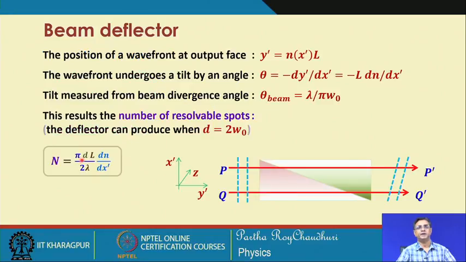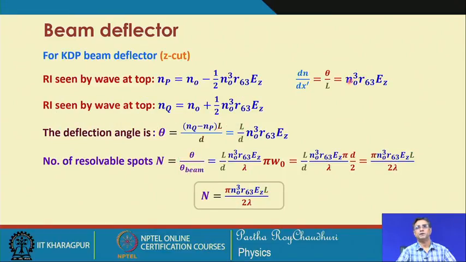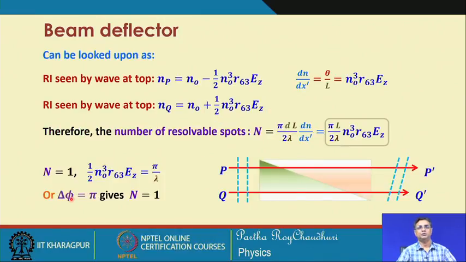So, that is what is shown here, this d n dx, if you write in place of that the difference, this electro-optic coefficient, refractive index cube, and the external field. Now, this would be lambda by power. Now, if you set n equal to 1 in this expression, then lambda by pi will be equal to n 0 r 63 Z L divided by 2. Or the other way round, if we put delta phi, the phase difference, equal to pi, we will get n equal to 1.